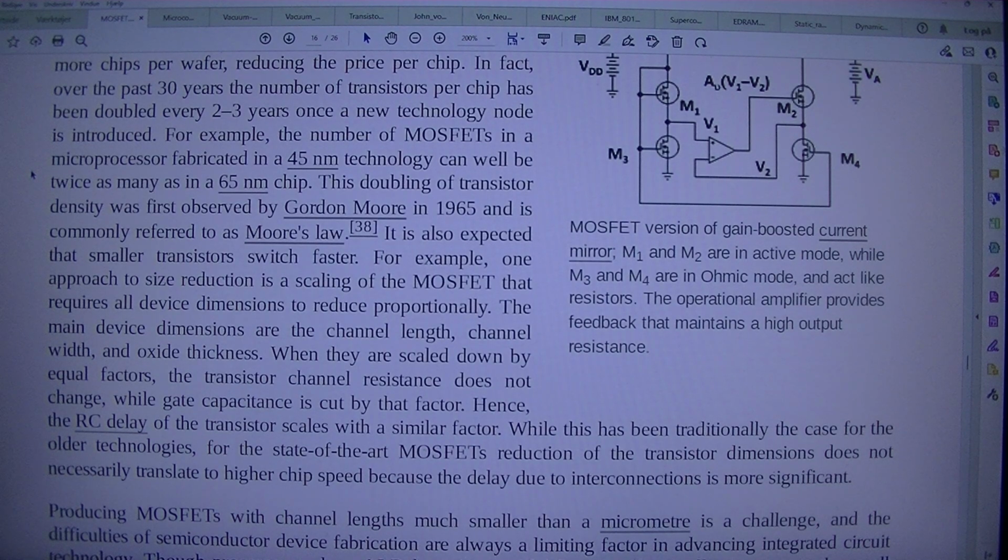It is also expected that smaller transistors switch faster. For example, one approach to size reduction is a scaling of the MOSFET that requires all device dimensions to reduce proportionally. The main device dimensions are the channel length, channel width, and oxide thickness. When they are scaled down by equal factors,